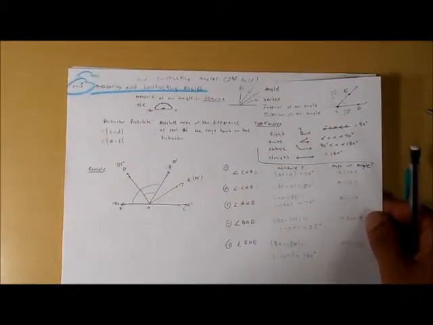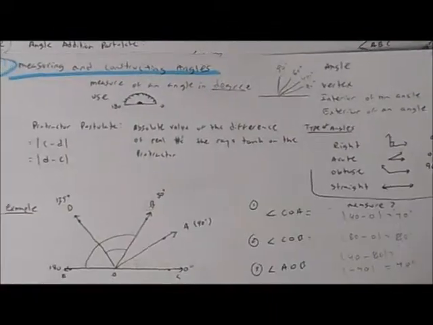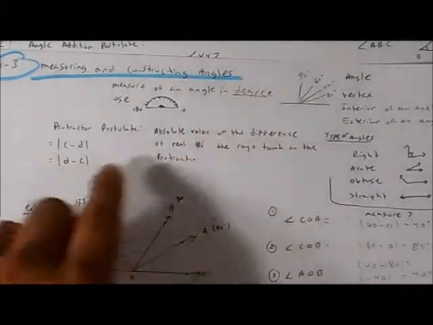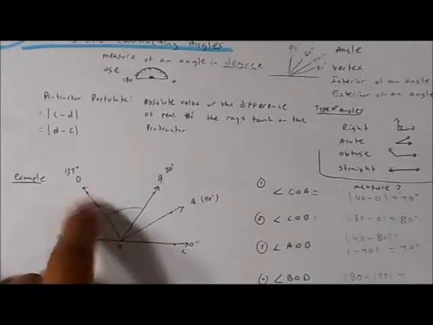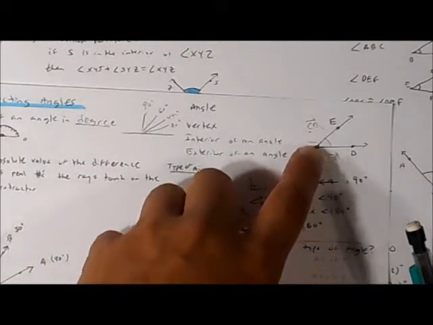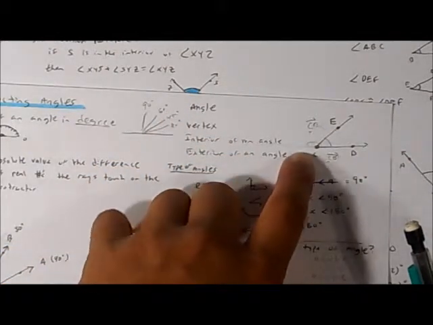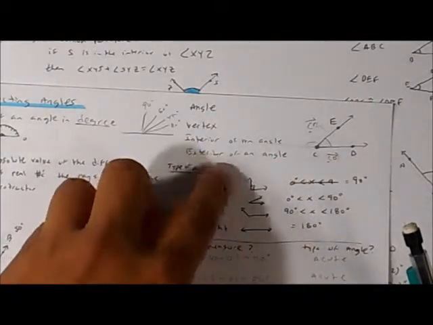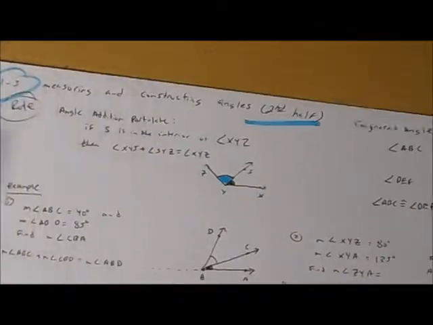From the last part, you should remember that we were working with measuring and constructing angles, and it dealt with measuring an angle, finding the angle between two rays. It dealt with whether they were acute, obtuse, right, or straight, and also the different parts that the angle has: the endpoint that represents the vertex between two rays, and the interior and exterior of an angle. So what we're going to work on in the second half is